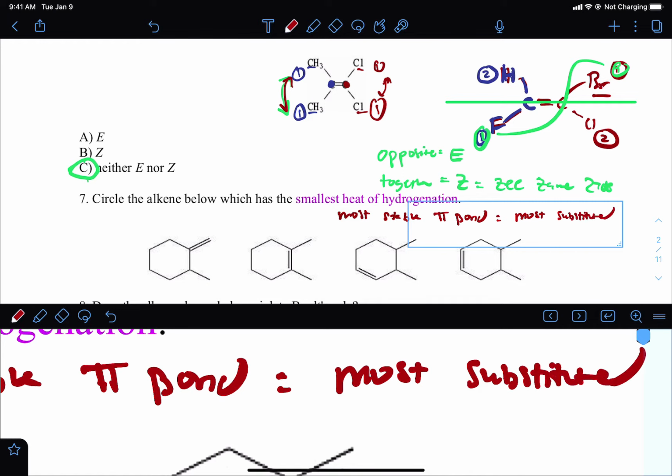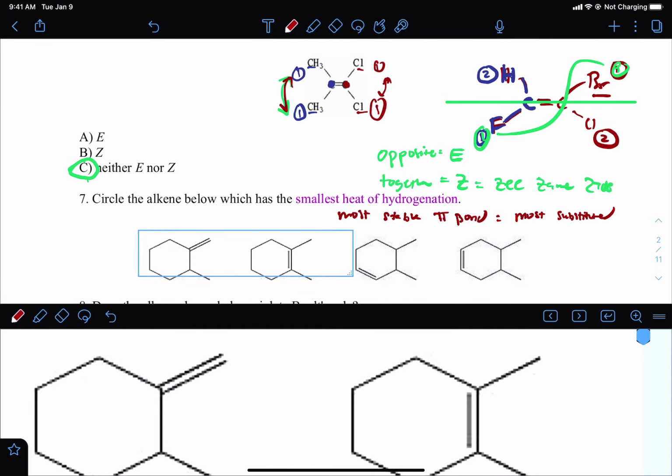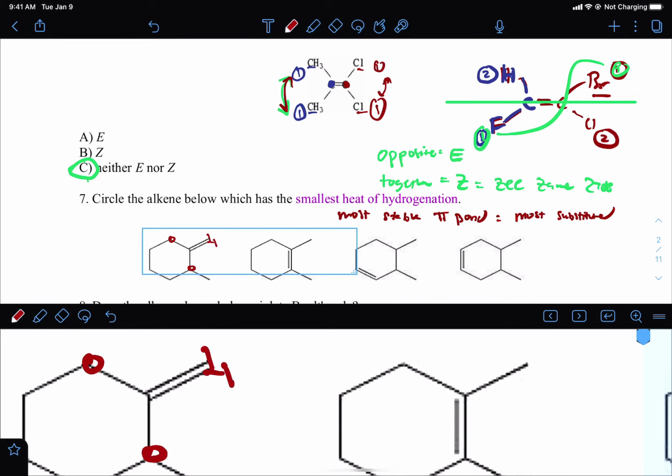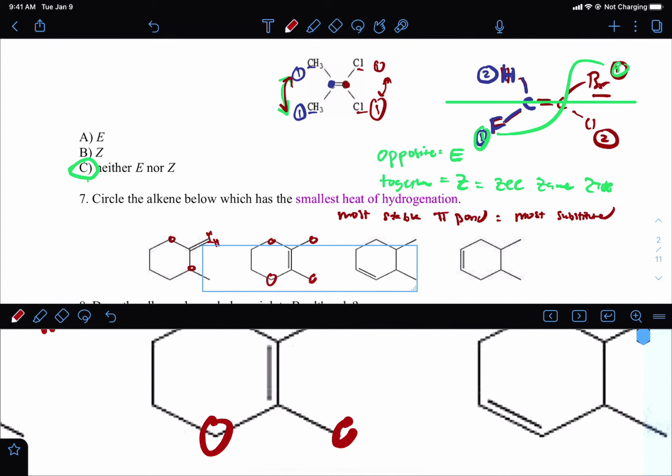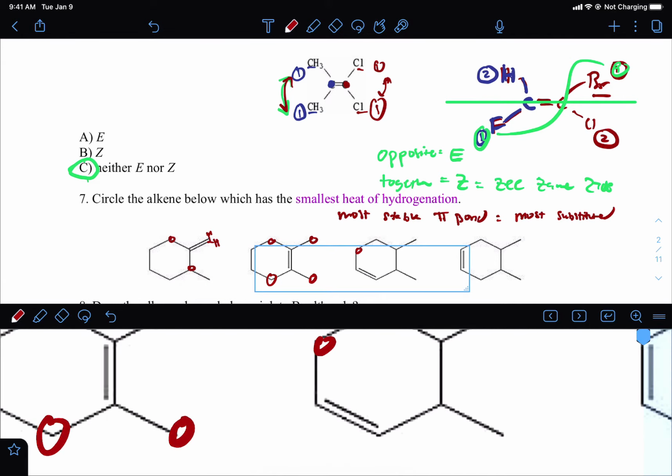So that means the most carbons attached to it. So let's do a quick count here. The first double bond only has 2 carbons attached to it. Over here we have just H's, so we don't count those. Here we've got 4 carbons attached. All right, here we've got 2 carbons attached and then 2 H's, so we ignore the H's again, but they're